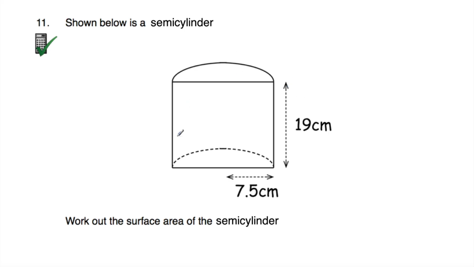If you consider the whole cylinder to begin with, that'll be half of the curved face going around the outside of the cylinder. So it's half of that. Okay, so let's find the area of each of them to begin with. Let's start off with the semicircle on the top. To find the area of the semicircle on the top, I'm going to do pi r squared for the whole circle and then divide by 2. So the area of the whole circle will be pi times the radius, which is 7.5 squared. And if we do pi times 7.5 squared, we get an answer of